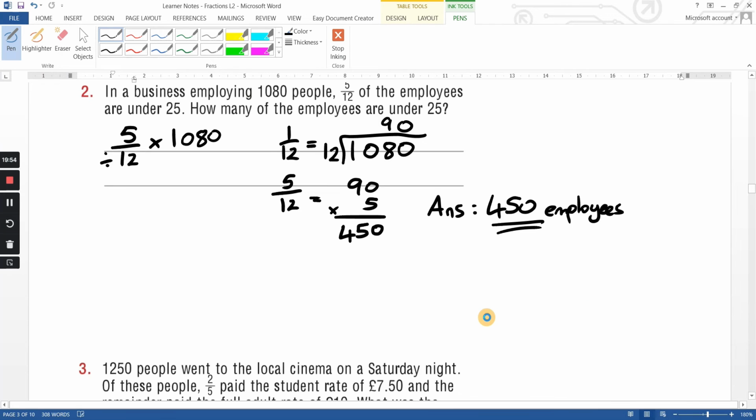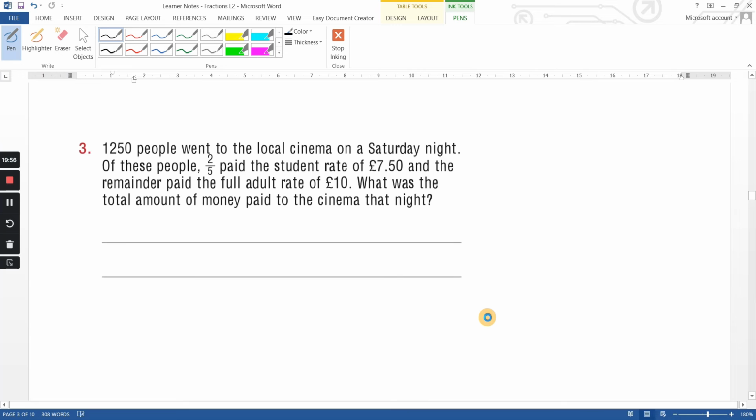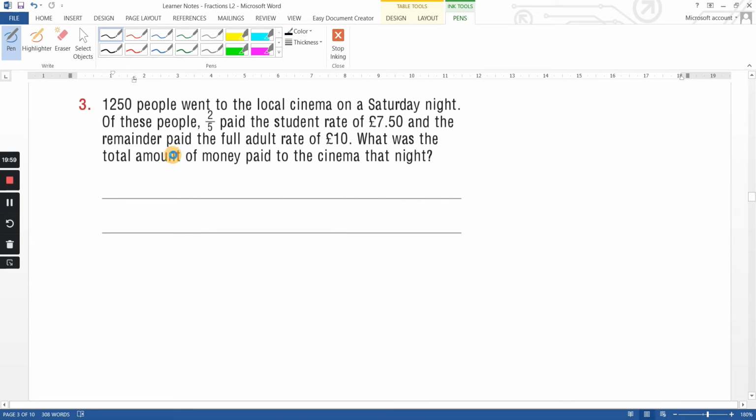Yep. Next one. 1,250 people went to the local cinema on a Saturday night. Of these people, 2/5 paid the student rate of £7.50. Remainder paid the full adult rate of £10. What was the total amount of money paid to the cinema that night? Oh, interesting. So 2/5 paid the student rate. Let's work out how many of those there were. So I need 2/5 of